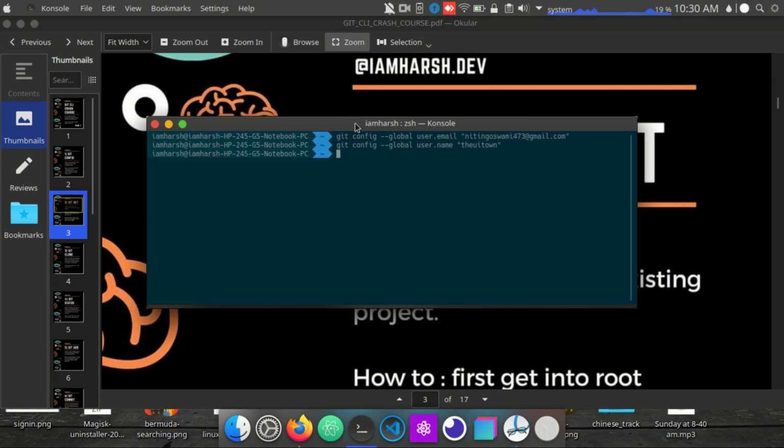Now if you have a clear idea what a repository is, we'll create a demo folder so that I can give you a clear idea. Now this folder is created and we are inside the folder. Git has no control over this folder.